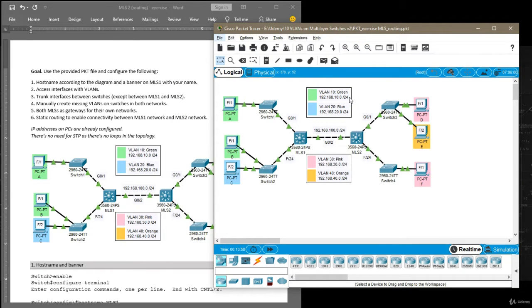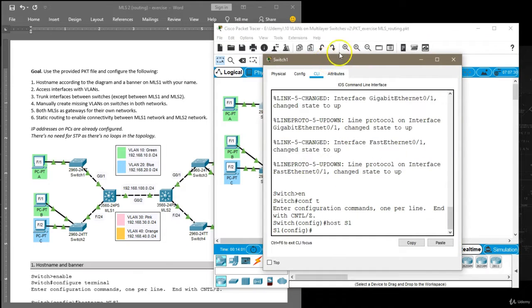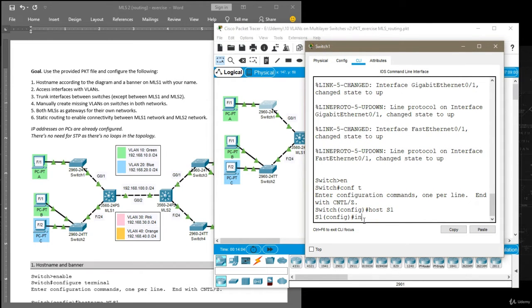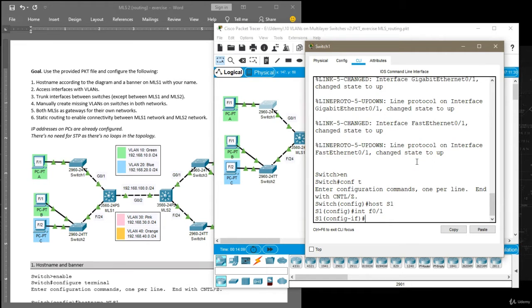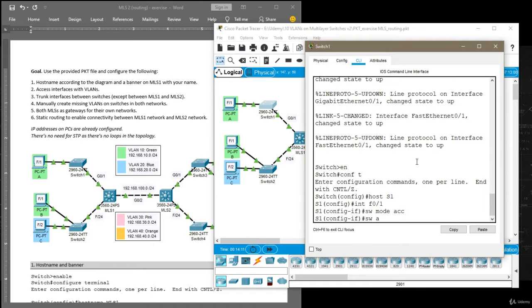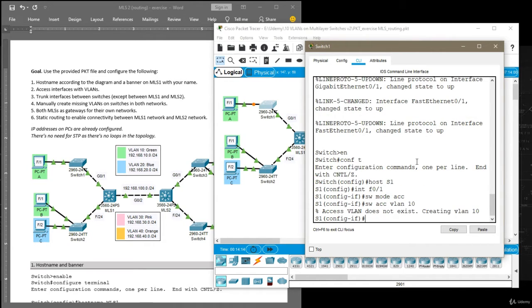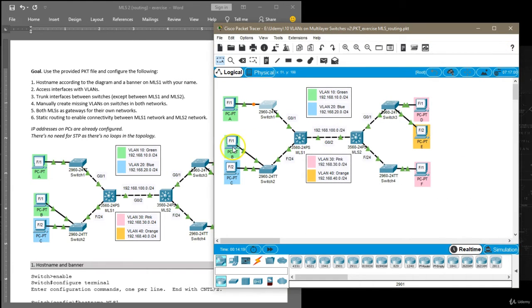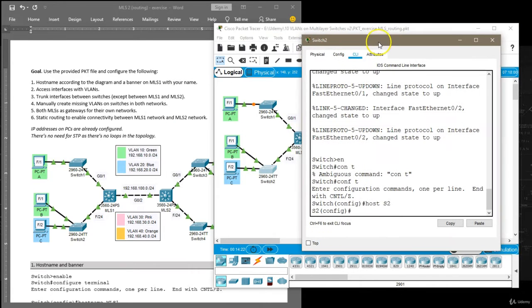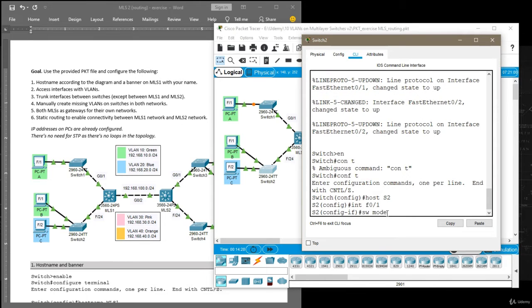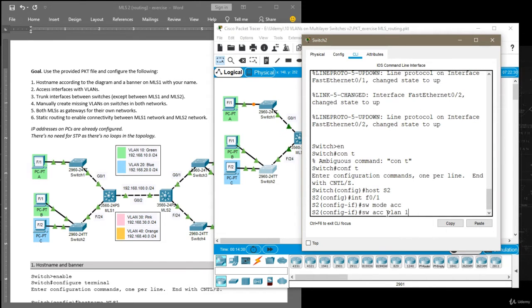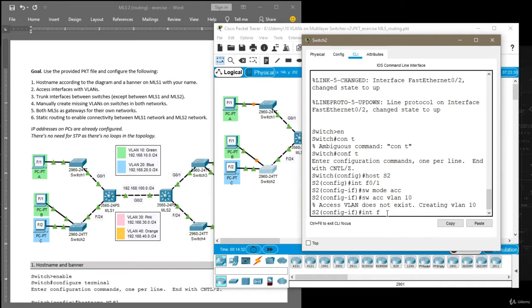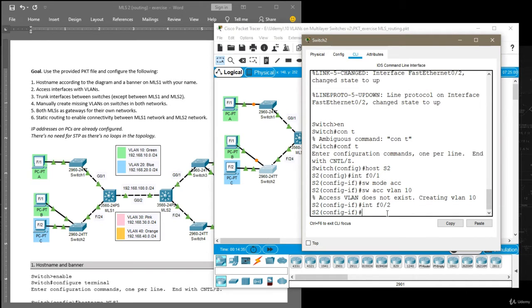Next, we are required to configure access interfaces. So on switch 1, that's going to be interface FastEthernet 0/1, switchport mode access, switchport access vlan 10, exit. On switch 2, interface F0/1 is switchport mode access, switchport access vlan 10. And then FastEthernet 0/2